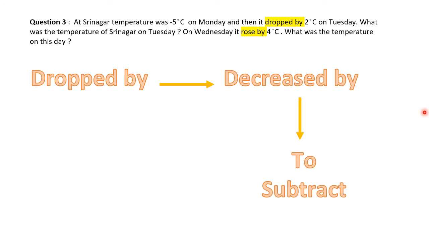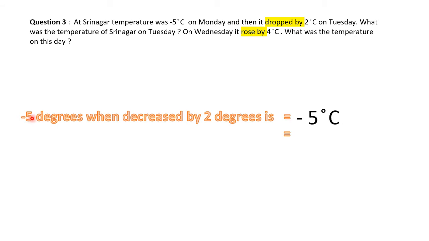Likewise, let us see how the temperature -5 degrees Celsius on Monday dropped by 2 degrees Celsius. So, they have told us in the question that -5 degrees temperature was dropped by 2 degrees Celsius. Dropped by means to decrease, right? So that means we need to decrease -5 degrees Celsius by 2 degrees Celsius, right? And how do we decrease? Let's see. -5 degrees when decreased by 2 degrees is -5 degrees Celsius